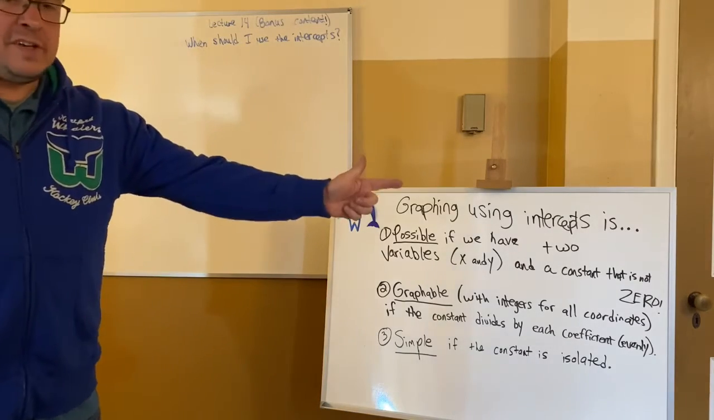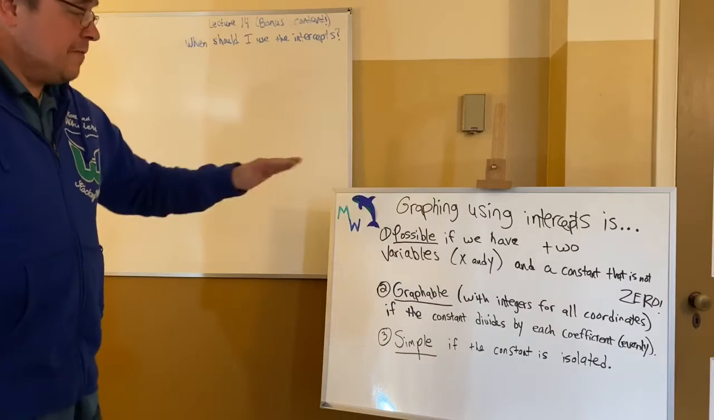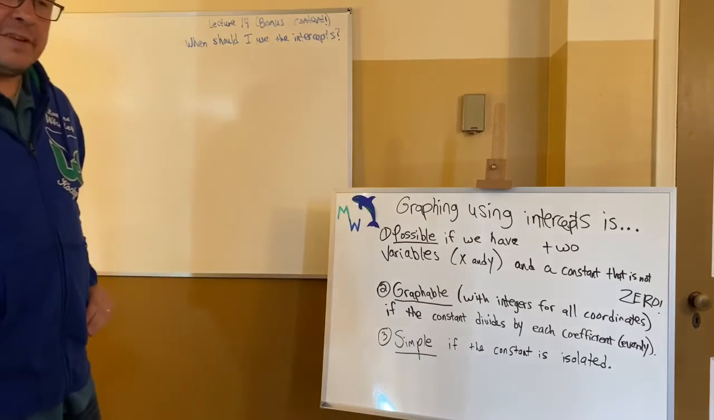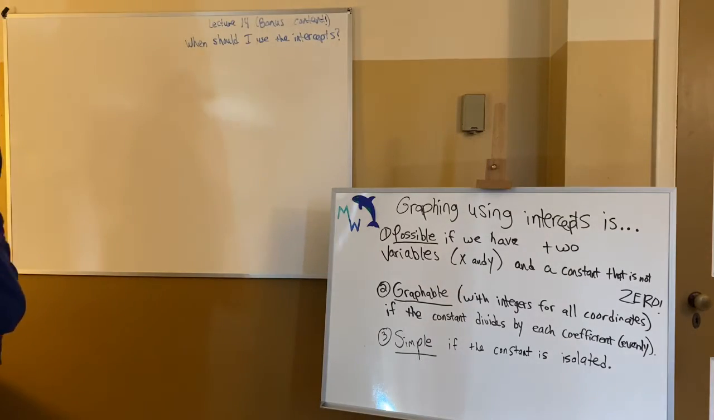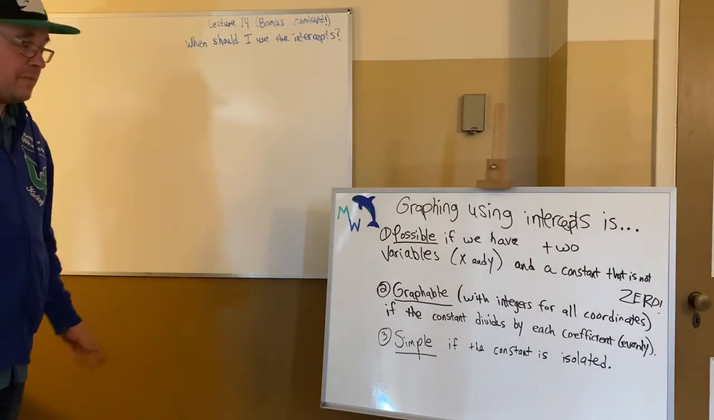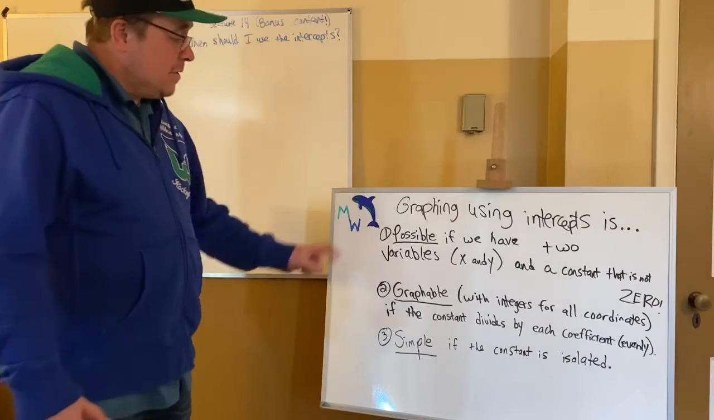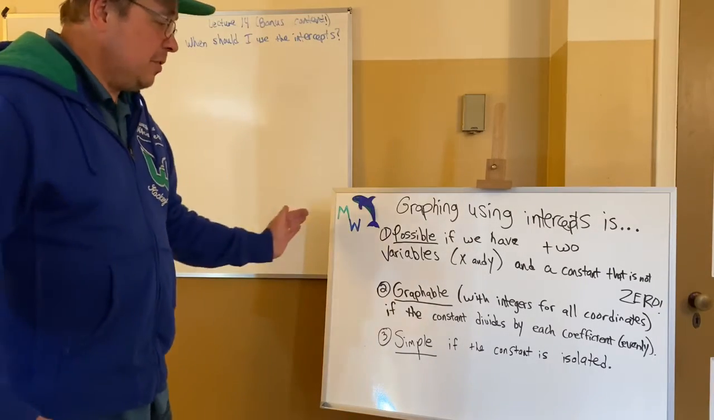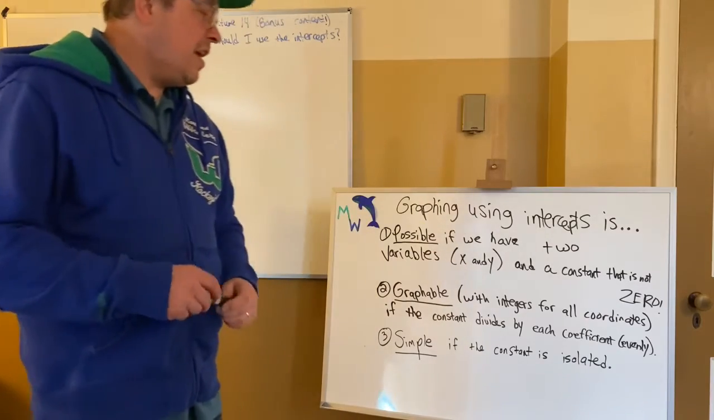Graphing intercepts is one of three things. If it survives the first, we'll look at the second. If it survives the second, we'll look at the third. If it makes it to the third and passes the test, intercepts are just probably the best way to do it. Here we go. Number one, solving this with intercepts is possible if we have two variables, x and y